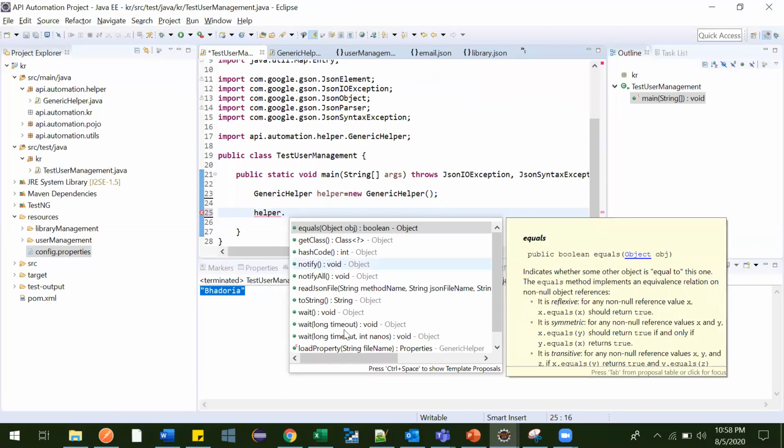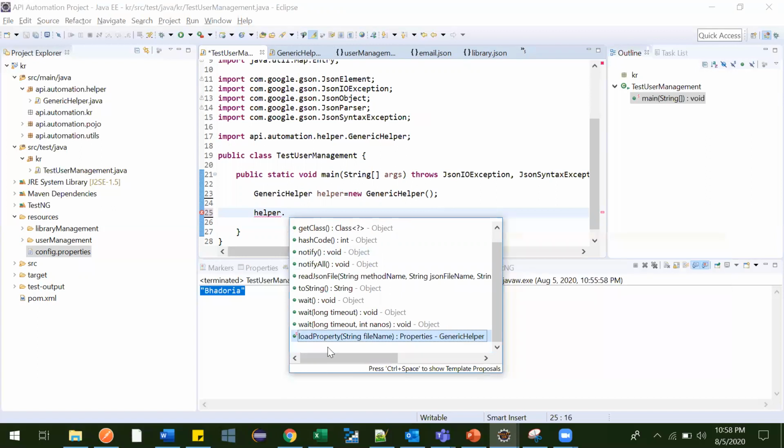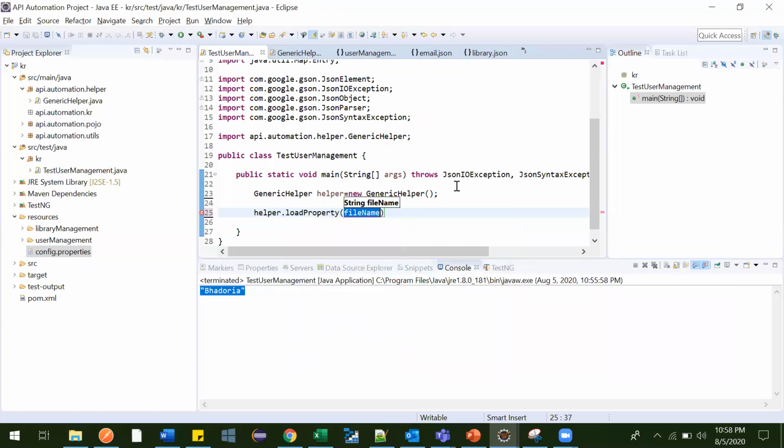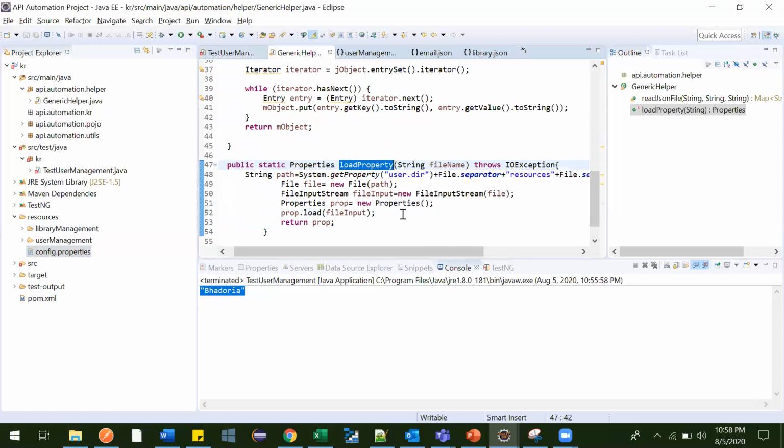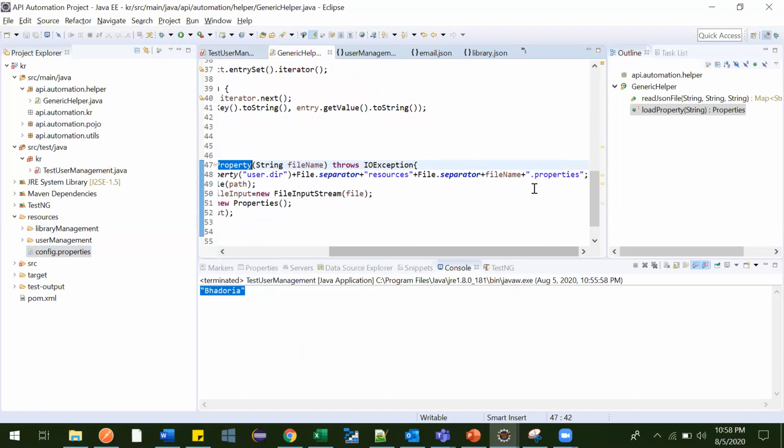Load property file. This is what the name is. So what property file do you want to read? This config. And you can see dot properties we have already parameterized inside this. So whatever file name you provide here, it will append automatically.